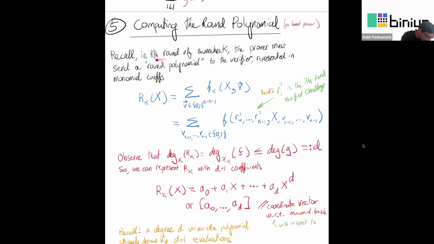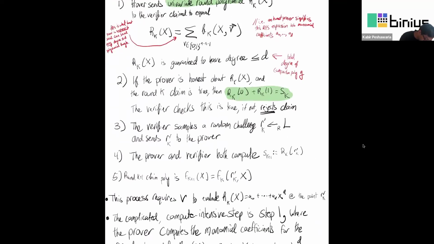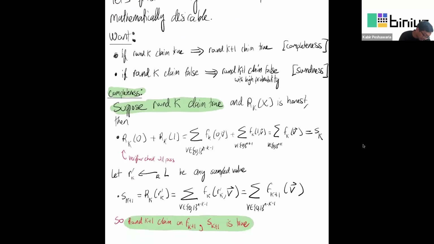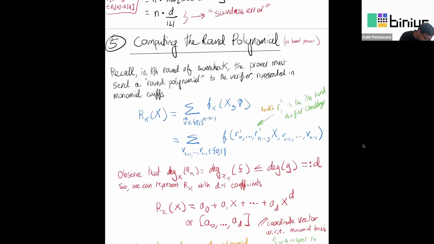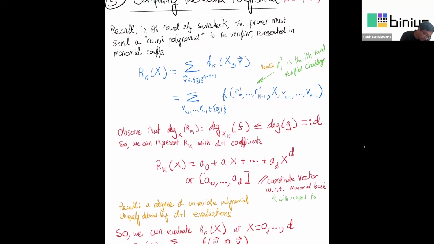So, recall in the kth round of Sumcheck, the prover must send a round polynomial to the verifier, represented in monomial coefficients. So, the kth round polynomial is supposed to be the simplification into monomial coefficients of this beast of a right-hand side expression. And fk is really, if you unroll what is happening right here, if you unroll this all the way back to f0, which is defined to be f, then you can see that fk is nothing other than f specialized with its first k variables being the k round verifier challenges that have been sent. So rk of x is equal to